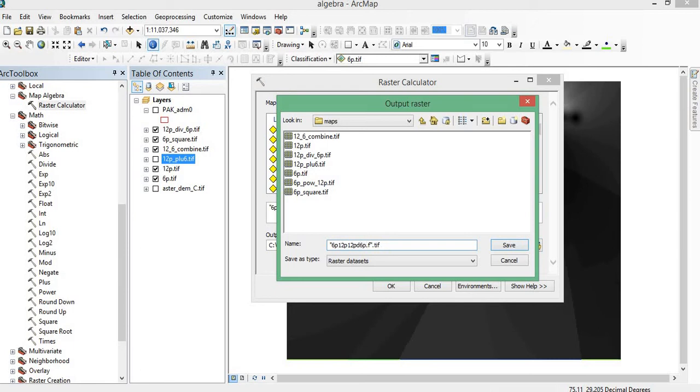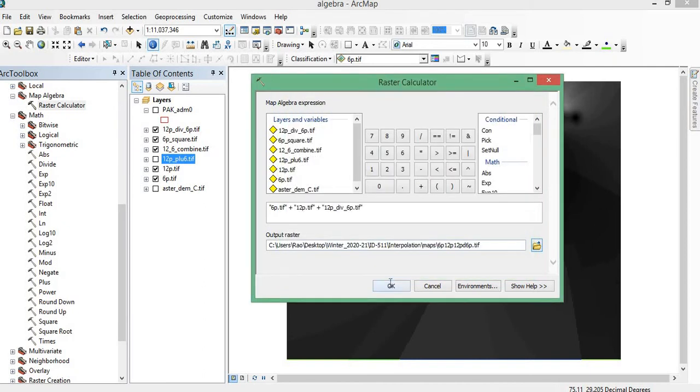So this is the image. 6p, 12p. I am going to name in this way so that we can confirm our operation using identify tool. You can name it as you feel the convenient name of any data. So this is 6p, 12p and 12p divided by 6p. These three images will be added, and OK.